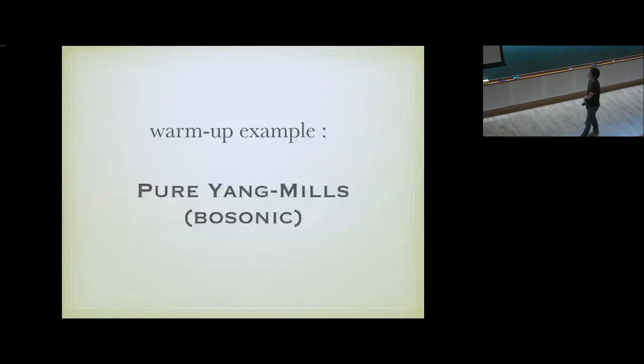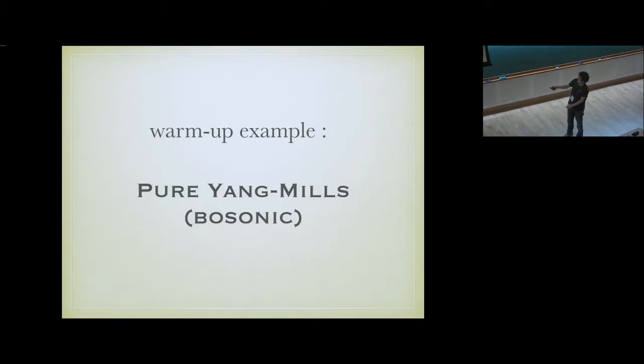And first, a warm-up example, which is useful for understanding why special care is needed for studying supersymmetric theory. It's actually usual pure Yang-Mills theory. It's just a bosonic theory, which does not have anything to do with supersymmetry, but it's already actually a very